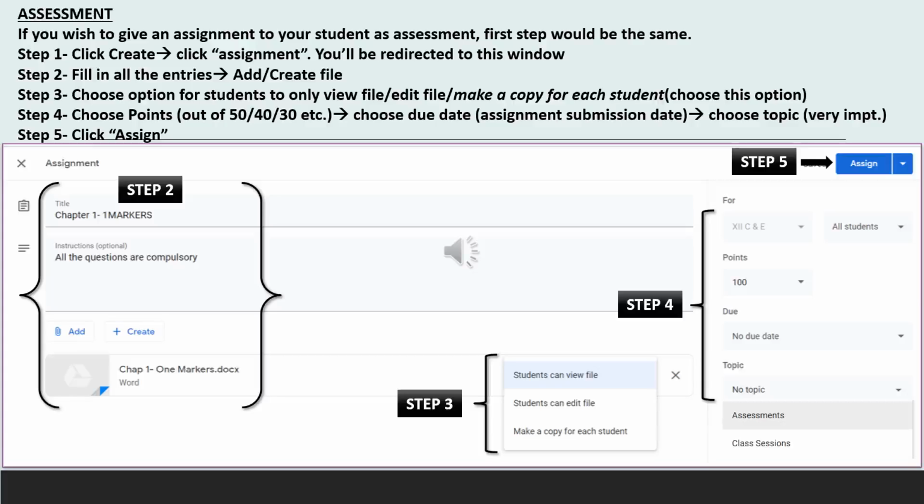Next comes the due date. If you wish this assignment to be submitted by a particular date, you can mention that date, and you can even mention the time.